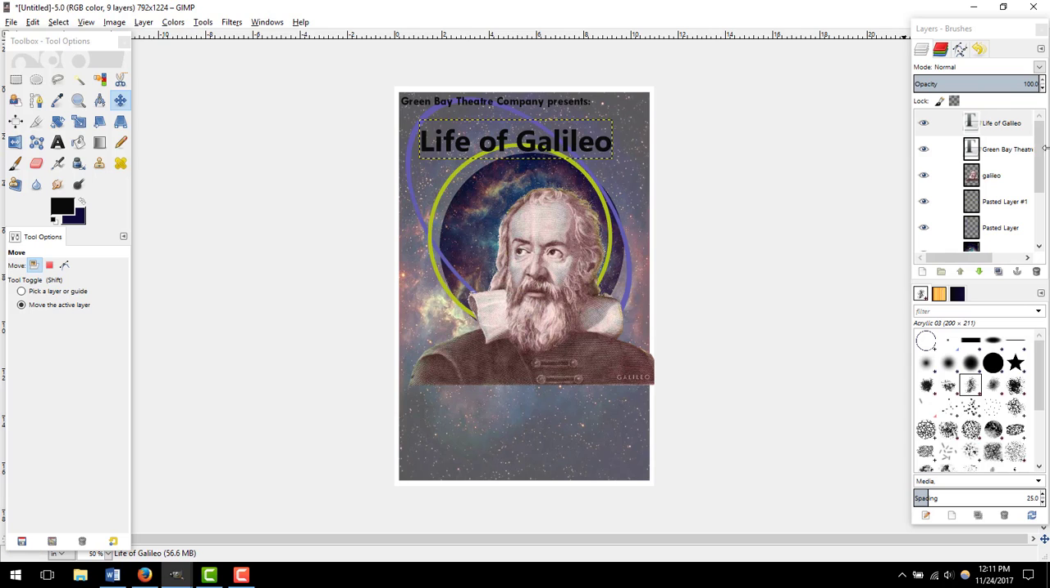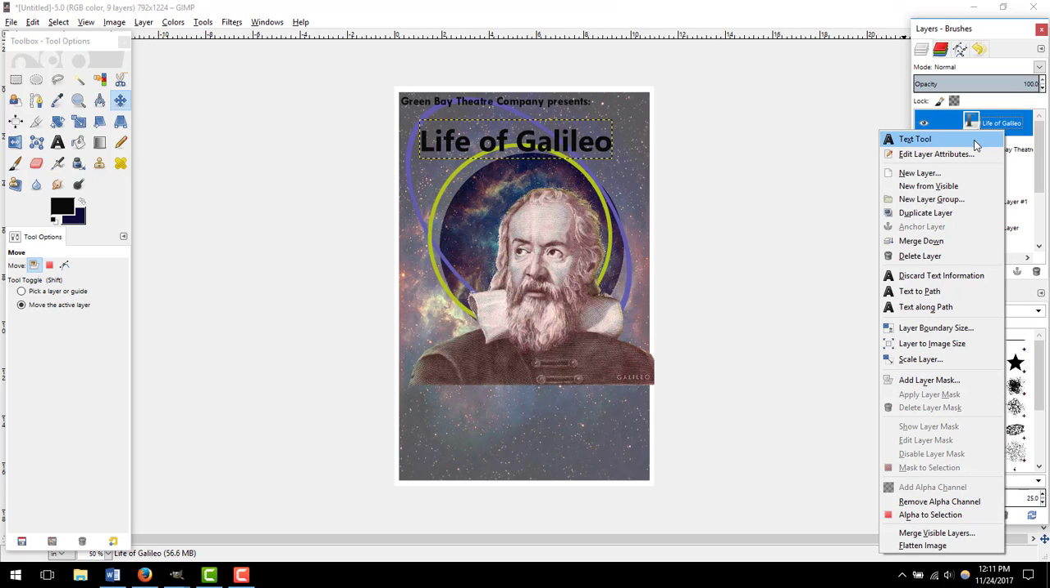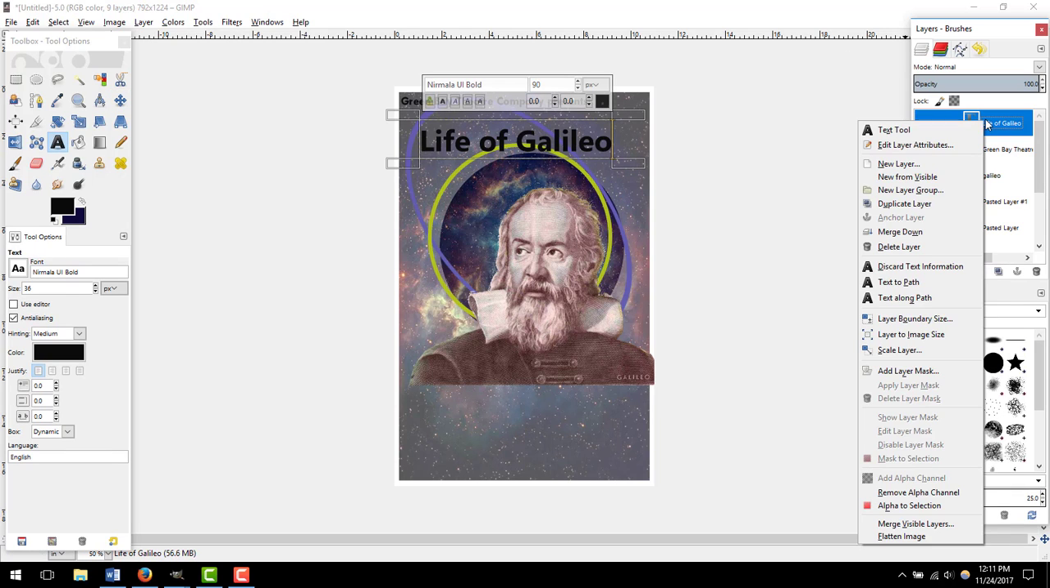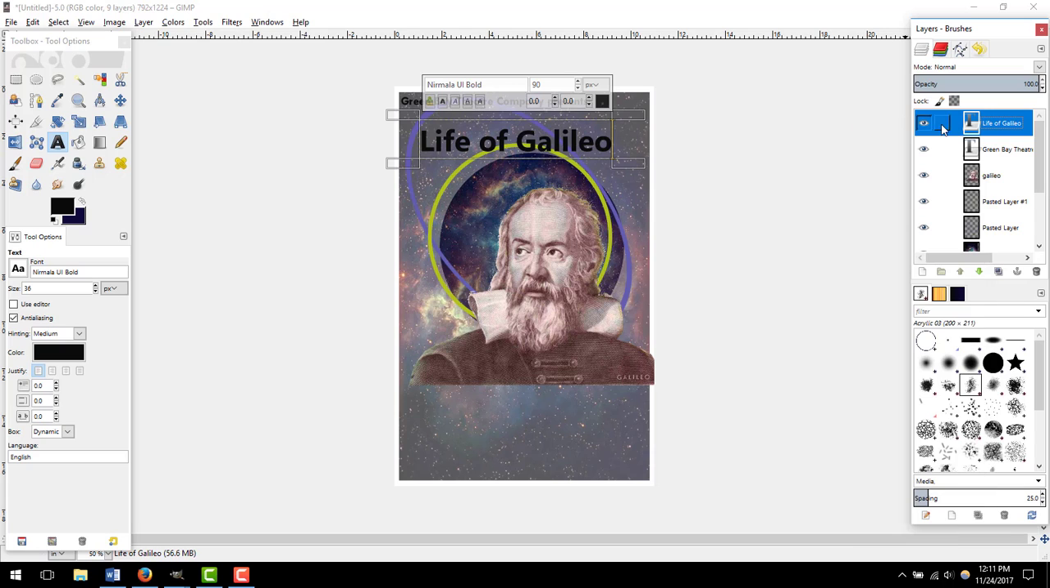I'm going to hit text and I'm going to say text tool. So I've clicked text tool. I've right clicked onto the layer, hit text tool, and it brought up this. Let's see what this, let's see, italics? Nope. Okay, so none of those are working, so how am I going to,